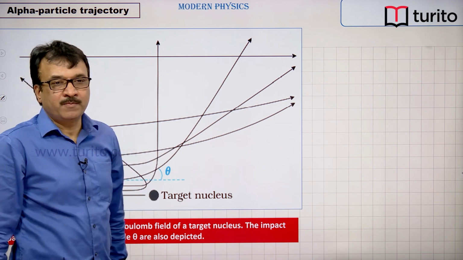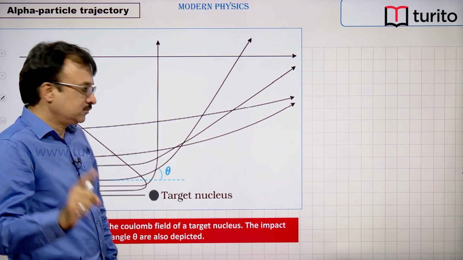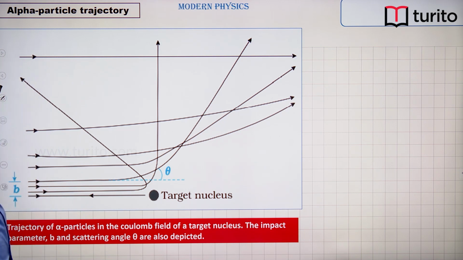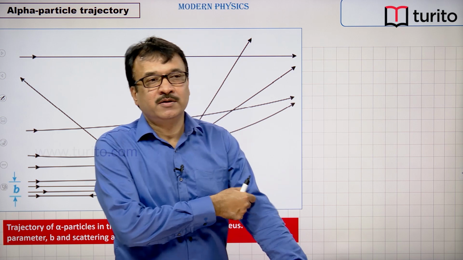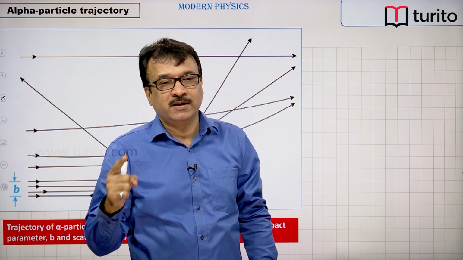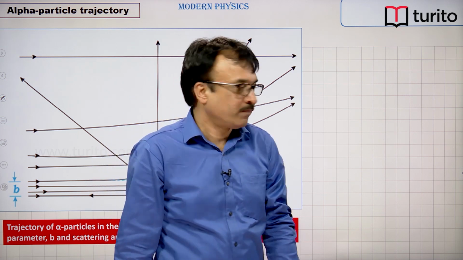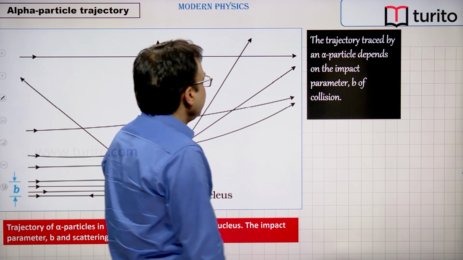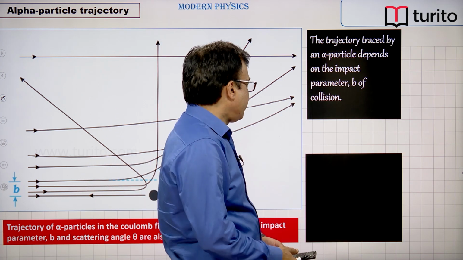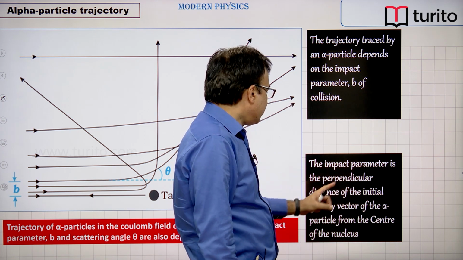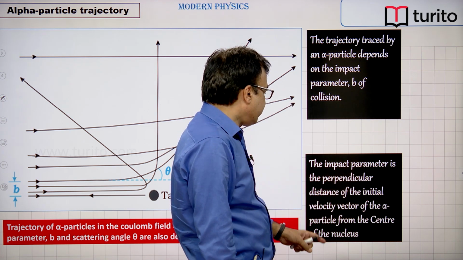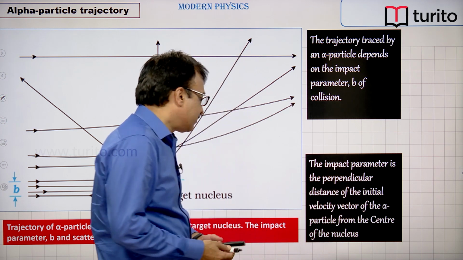The scattering angle theta depends on the impact parameter. And what is the impact parameter? You already studied the impact parameter in class 11 in the chapter of collision. But let me tell you what the impact parameter is. The impact parameter is the perpendicular distance of the initial velocity vector of the alpha particle from the center of